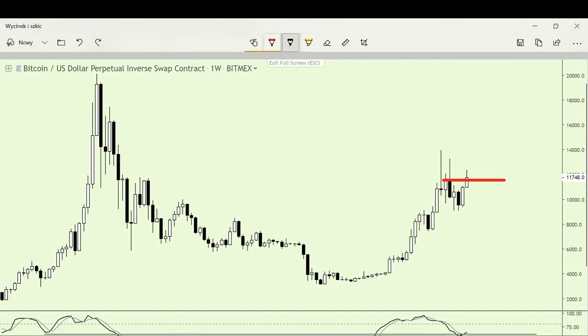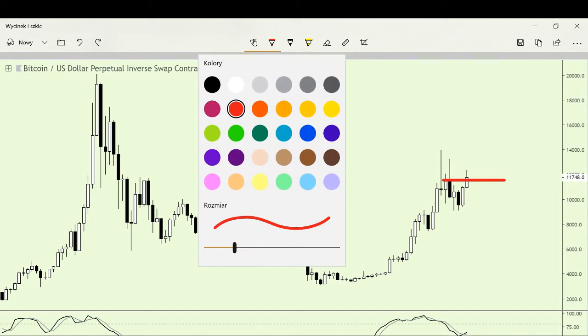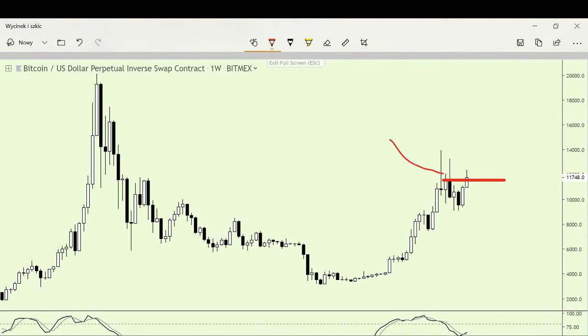Open here was the close. Here was the, let's get a thinner line, here was the close price for the week. The next week opened here and closed here, which was the bearish week. Here we got two levels marked for the reversal practically, and on low mid time frames